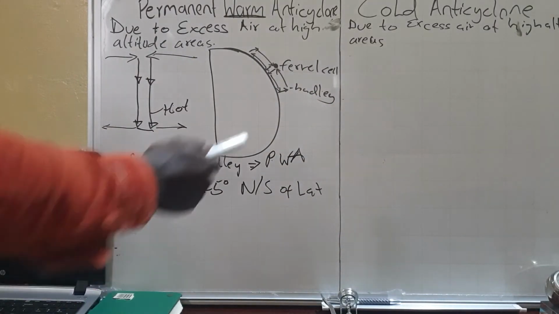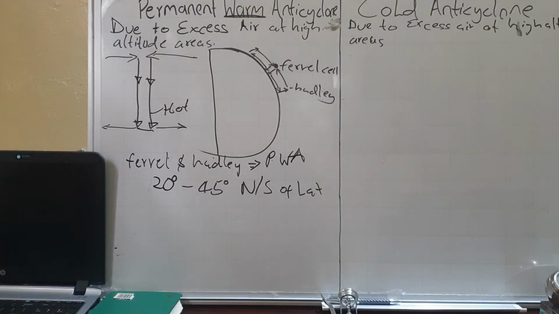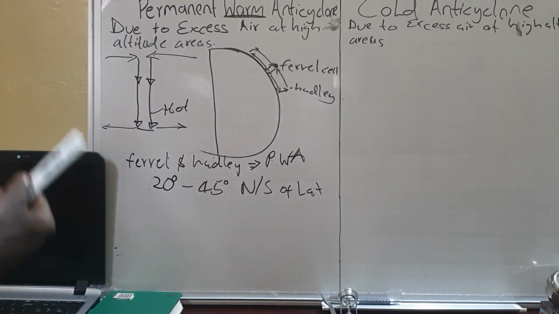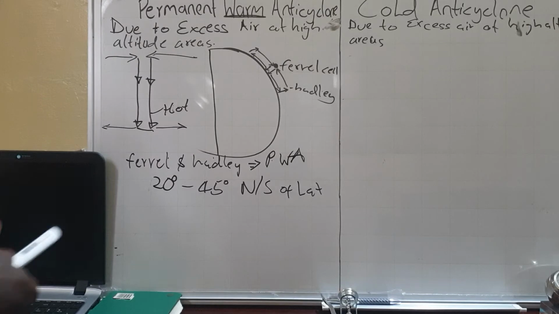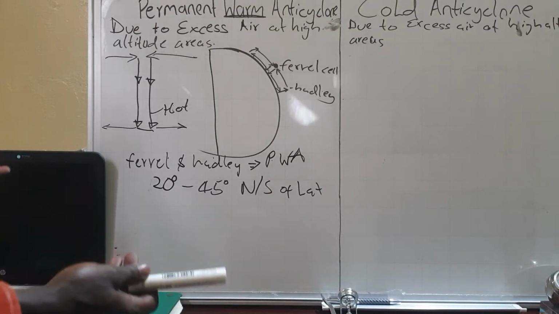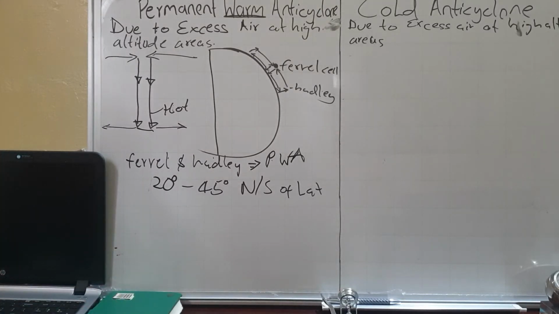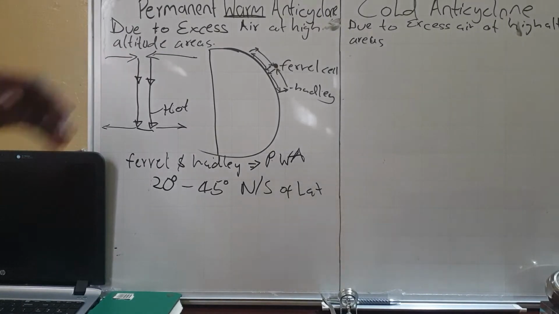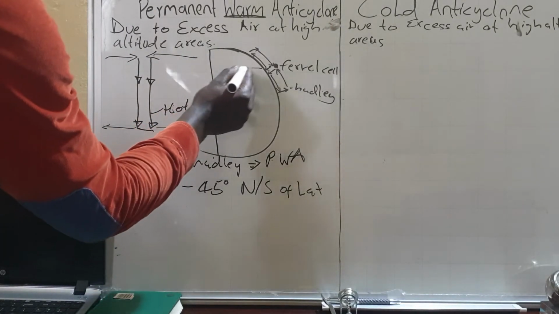So it's a permanent one. Why? Because it's a global thing that happens every day and every season. So it's not something that you can do away with. So that's just permanent. And it's found between 20 and 45 degrees. So at this layer, you have what we call